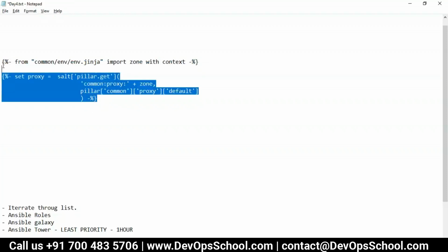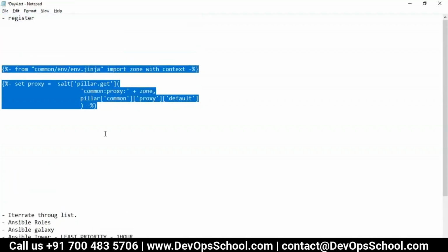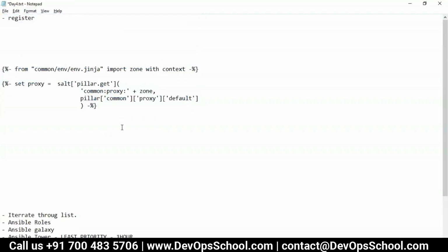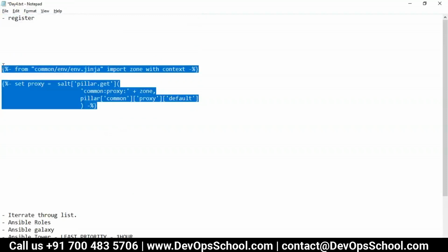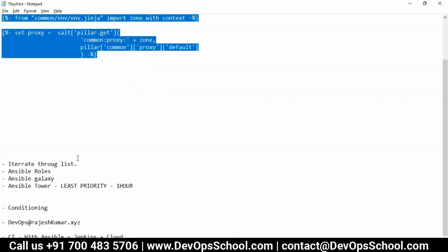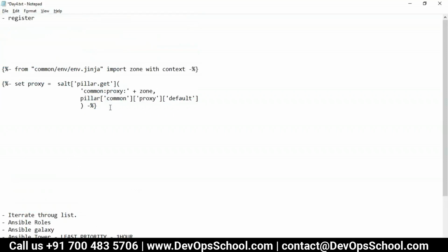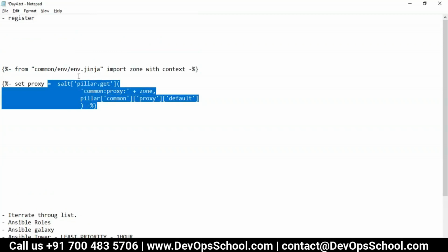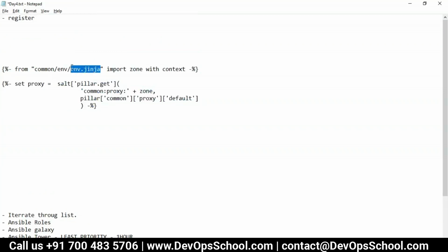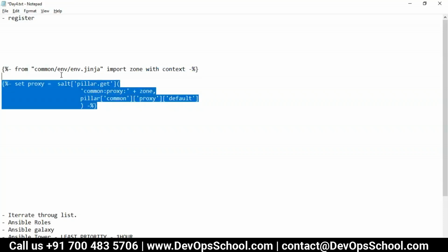So if you want to learn this one, I'll show you a simple example and I will put it up. But if you want me to explain what exactly is happening, probably you have to show me the full code, and then I can help you to understand this. So for the time being, I will put this one: iterate through the list. This is what you are doing, and I'll get this example done. But what exactly is happening here, what the output is and all, completely depends on many files. Now it's importing also with some context. This is again a Python program, so we'll have to understand a little bit of Python also to understand this code better.